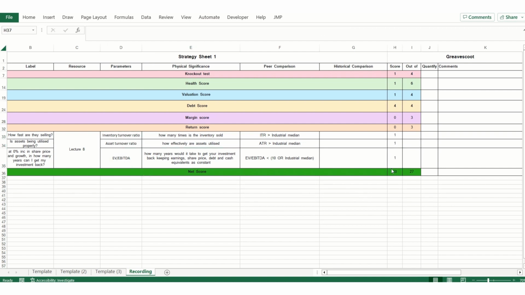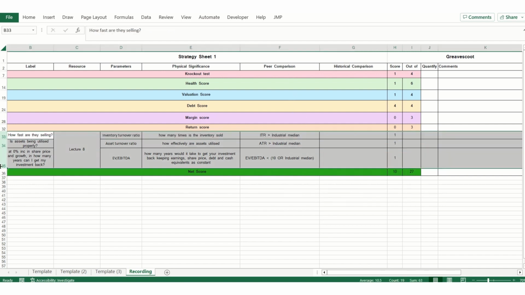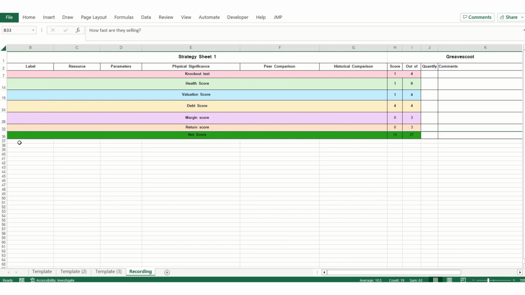So this represents your overall net score. Out of 27, your Greaves Cotton is getting around 10. Now, is it good or is it bad? This is the next question, right? This is the last question. Now let's look from top to bottom. Let's hide these. That's the whole reason that we are hiding them, because if we unhide all the rows, you really might panic seeing so many parameters. But by breaking them into different scores, it's so easy, right? You can do the same. You can just hide them and unhide them.